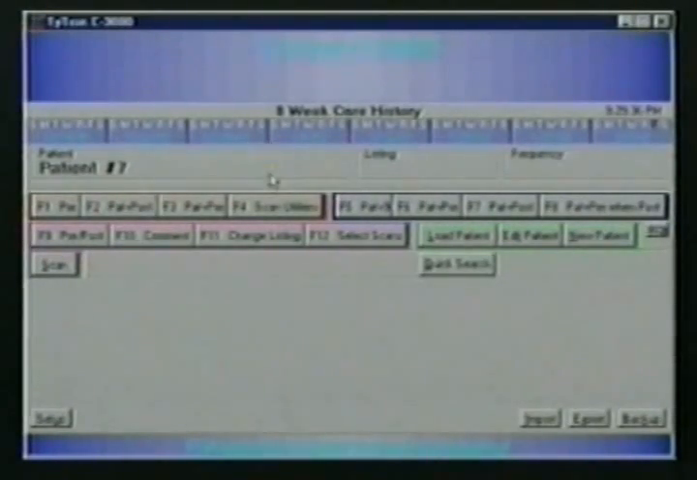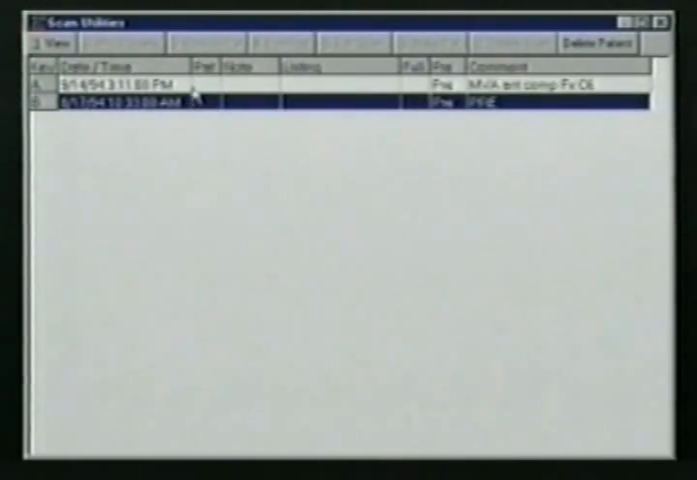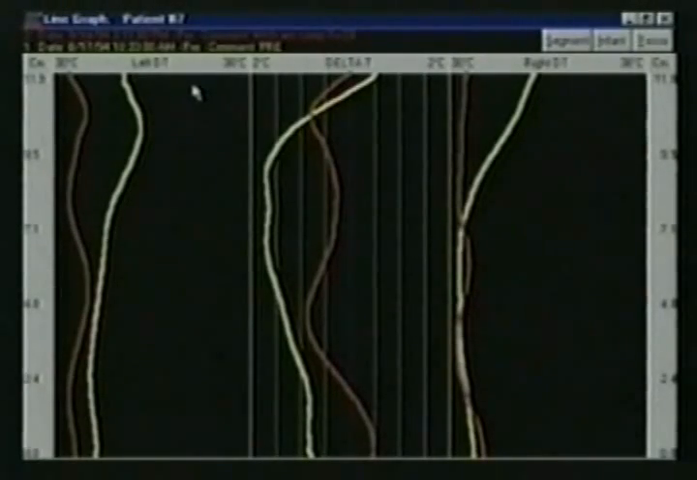All right. And we'll go to Scan Utilities, F4. And we've got 2 scans here we're going to look at today. We'll choose any 2 scans, and we'll pick B and A. Now, the 2 graphs that are up before us here, the yellow one, taken 8/17/94, is the patient's established abnormal